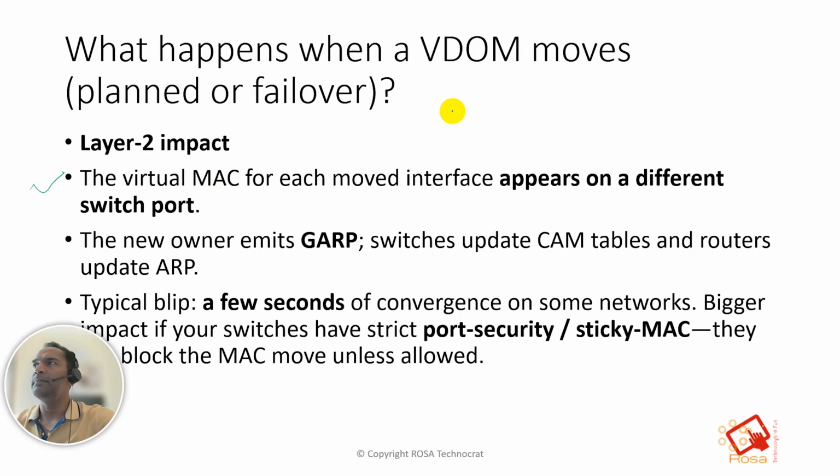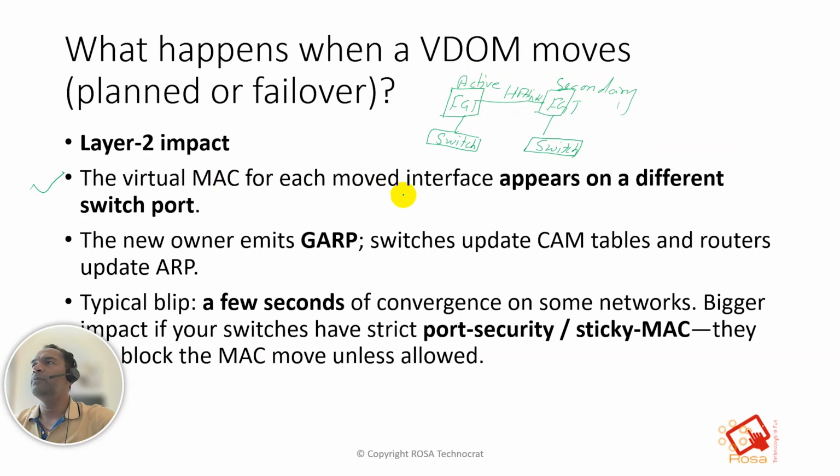How? For example, this is our FortiGate FGT1 and this is the second FGT. Both the FGTs are connected to a switch. This is a switch and this is a switch. I am explaining what happens, how the MAC moves on FortiGate. These devices are connected via HA-Link. This firewall is active, the primary, and this is the secondary.